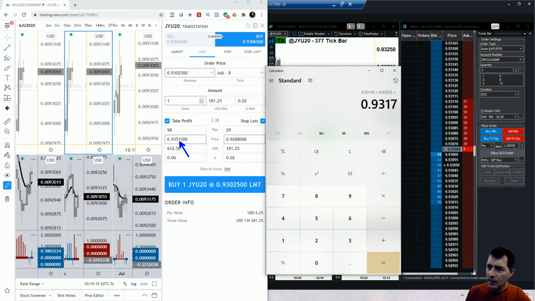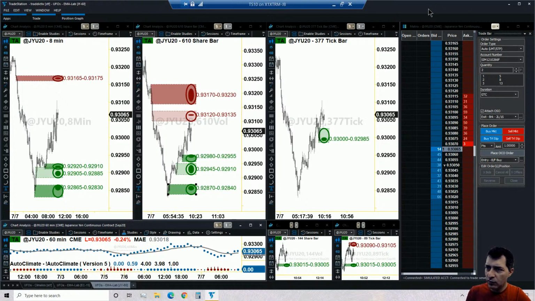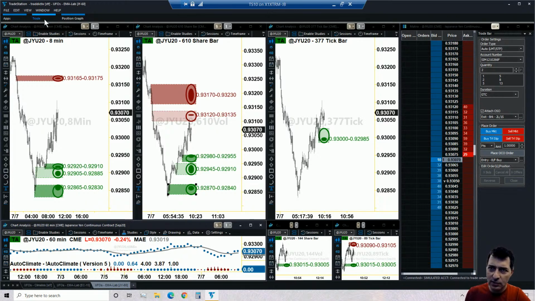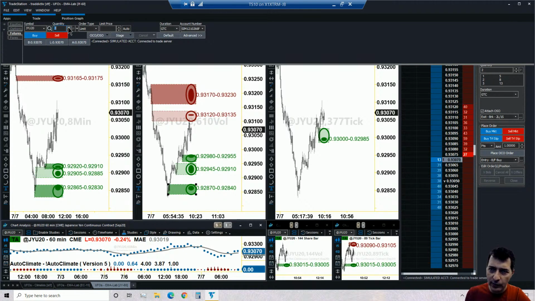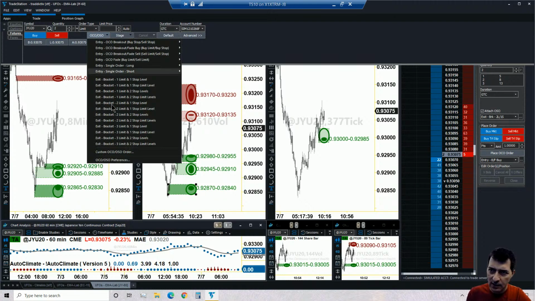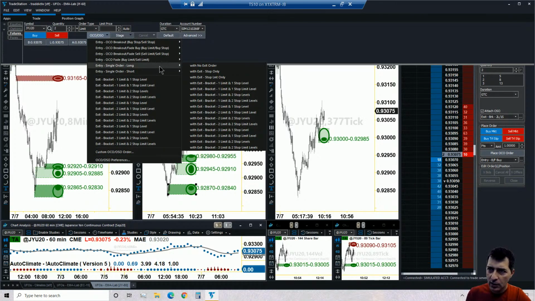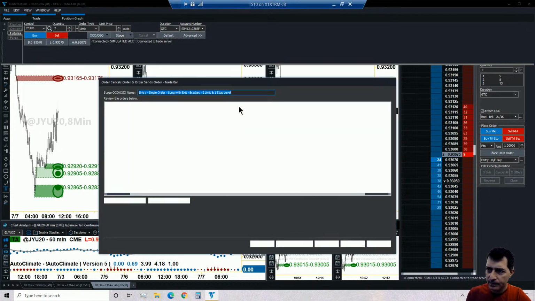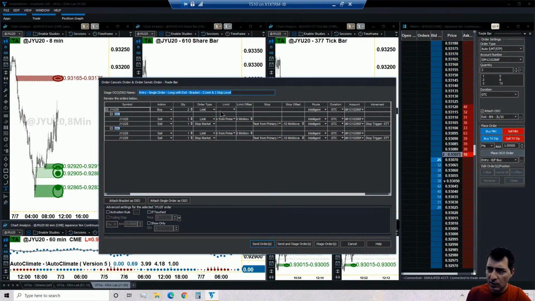Okay, so this is the trade, and of course, with the yen, there are many long decimal places. So we've got to take it easy. We've got to always double check to avoid mistakes. So I'm just going to place the order here, going long the yen with 2 limits and 1 stop. So 2 contracts, that's what I'm using.